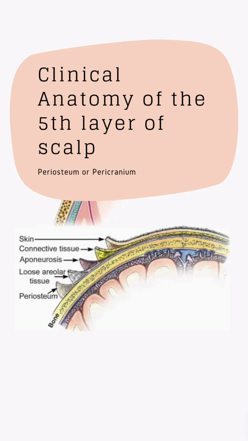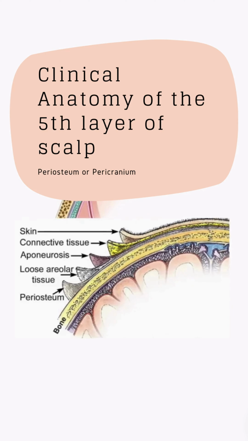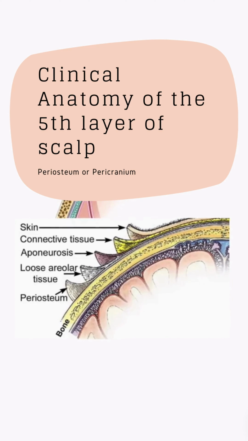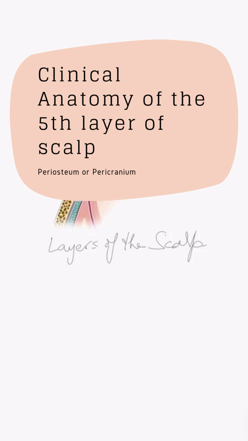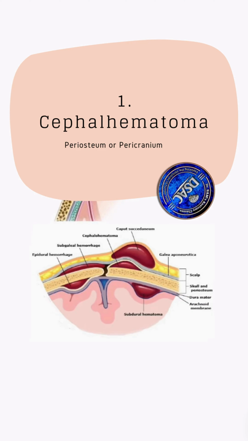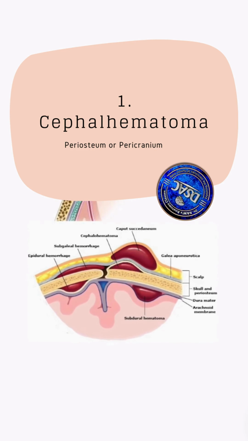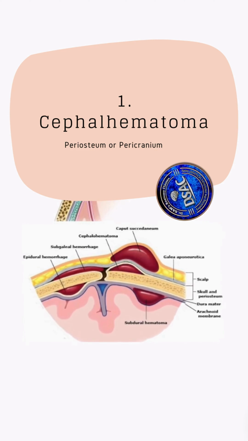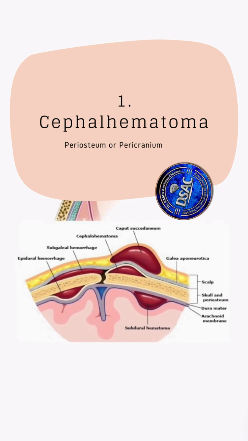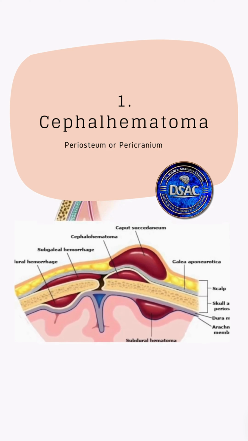And lastly, the fifth layer that you know is the periosteum covering the cranial wall from outside, that we also call as pericranium. इससे रिलेवेंट जो क्लिनिकल पॉइंट है वो ये कि इन केसेस ऑफ फ्रैक्चर और अ ब्रीच इन द कंटिन्यूटी ऑफ अ बोन मे बी बिकॉज ऑफ ट्रॉमा, so there will be bleeding, and that blood from the cranial vault will settle down below to the pericranium and will spread out overlying to that particular bone,